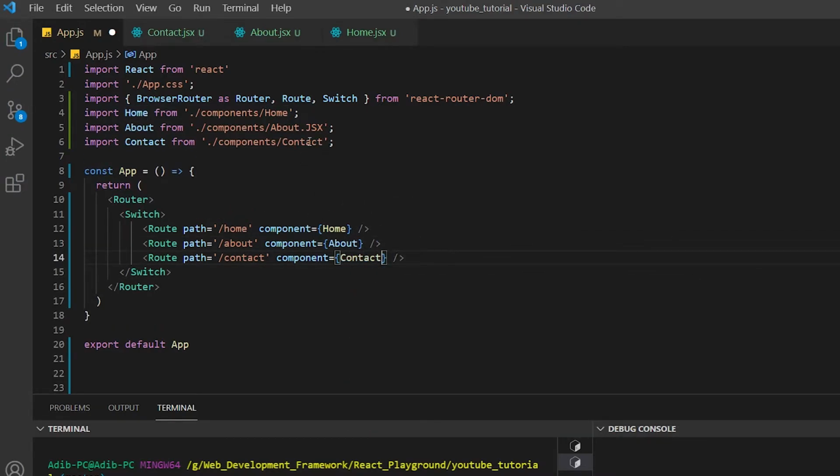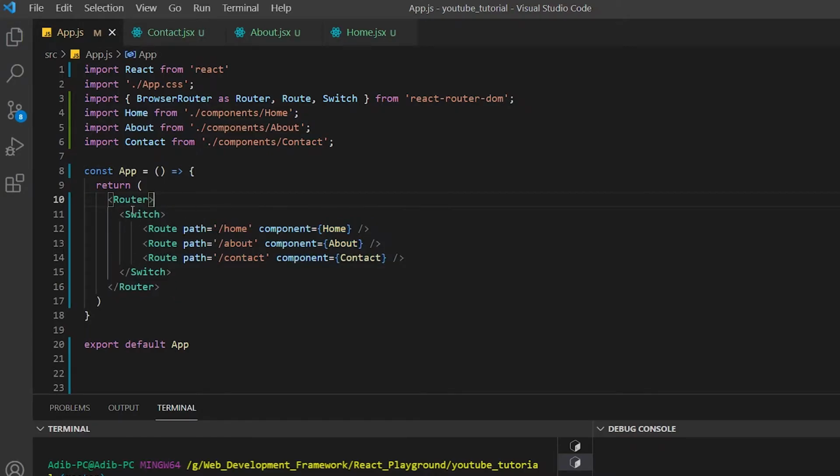So let's do this and just remove this thing. We don't need it. Just import Home from component/home, import About from component/about, and the same for Contact. So we are passing all of those things. So what it does, our BrowserRouter is the main router, it is our head component, and within this